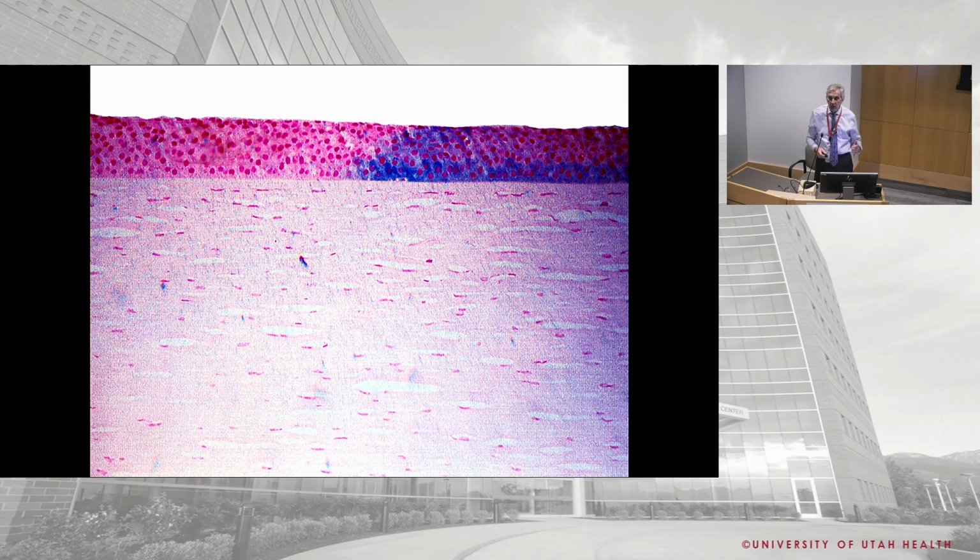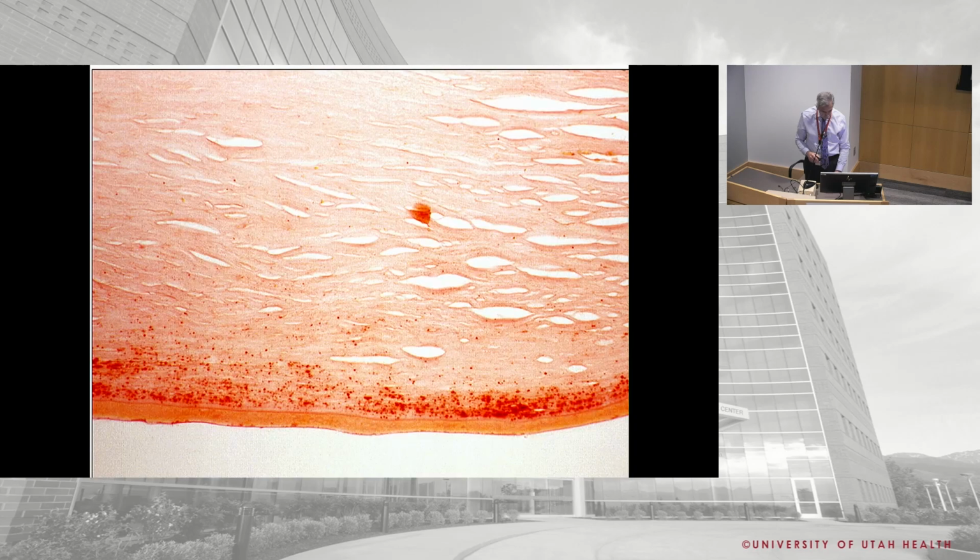So Prussian blue stains iron. And so I always think of iron tanks, cannonballs and all, and so Prussian blue stains iron. So this is an iron stain in the corneal epithelium. So Prussian blue we use if we're looking for iron. Okay, and then,